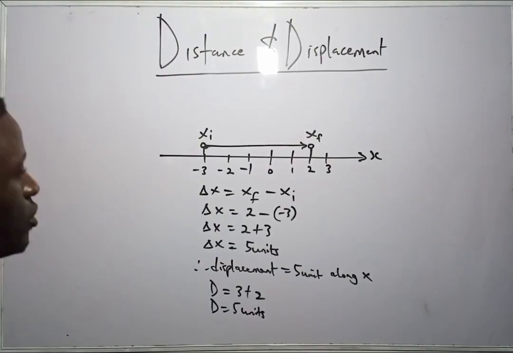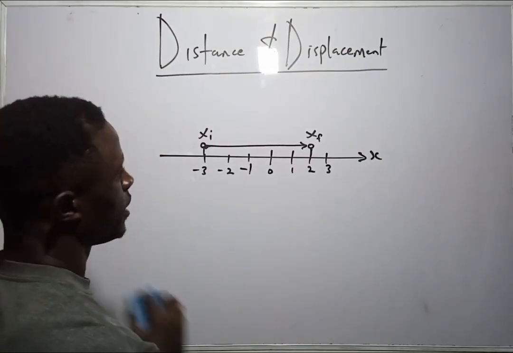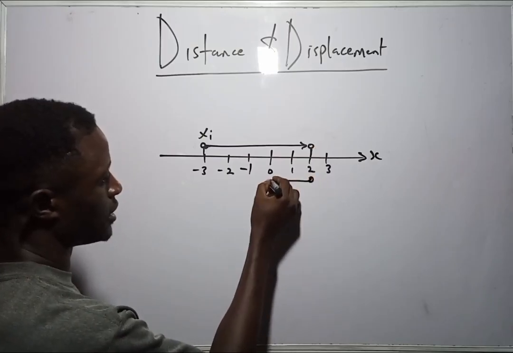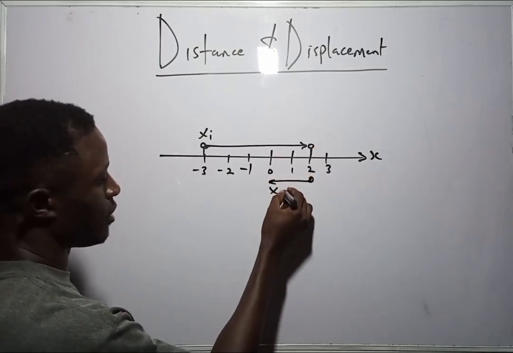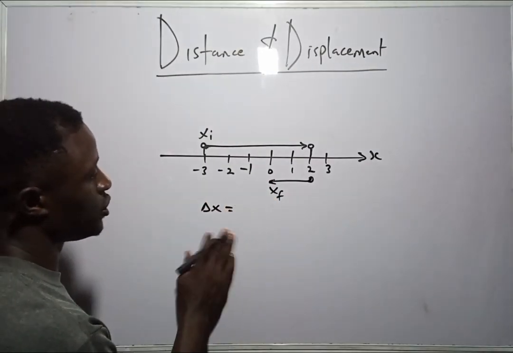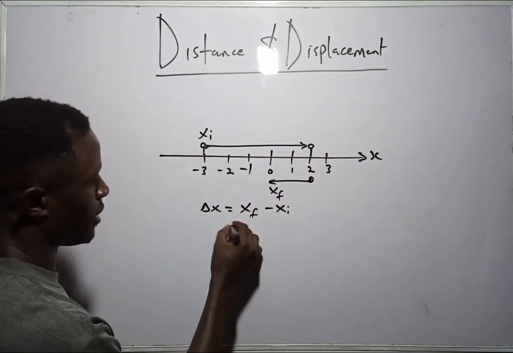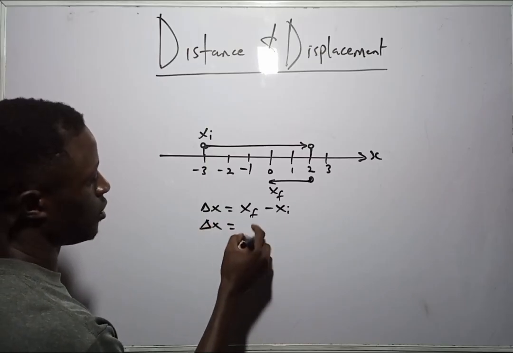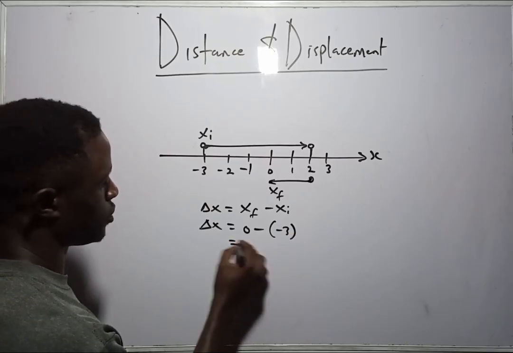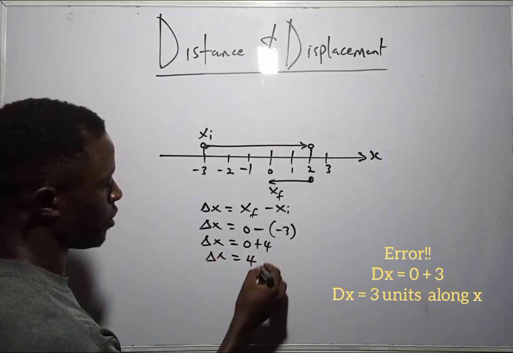Now, let me show you another thing. Let us assume another journey from that 2 and ended on 0. In that case, this place will be my xf. Then the displacement for this new position is going to be xf minus xi. dx is equal to xf, which is 0, minus open bracket -3. And this is going to be dx equal to 0 plus 4. dx is going to be 4 units,